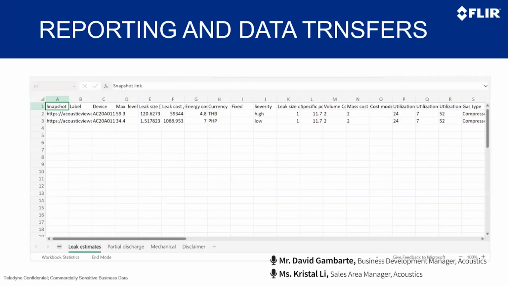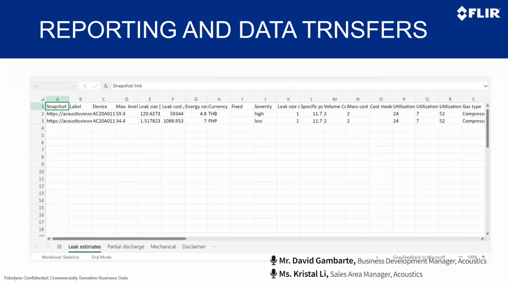Next one, please. As mentioned, for the report or data transfer, we also offer an option for Excel data transfers. If you click generate Excel files, then you will see this Excel file with all the parameters.